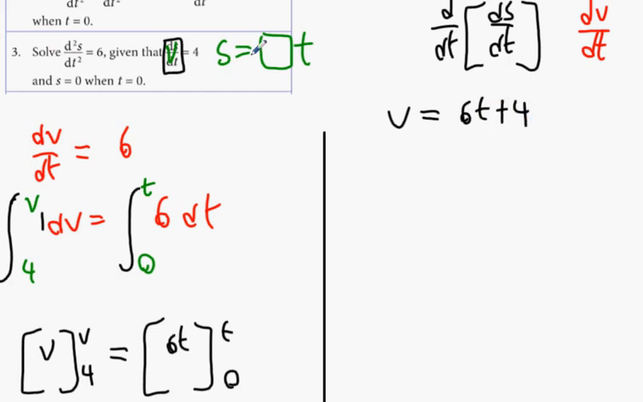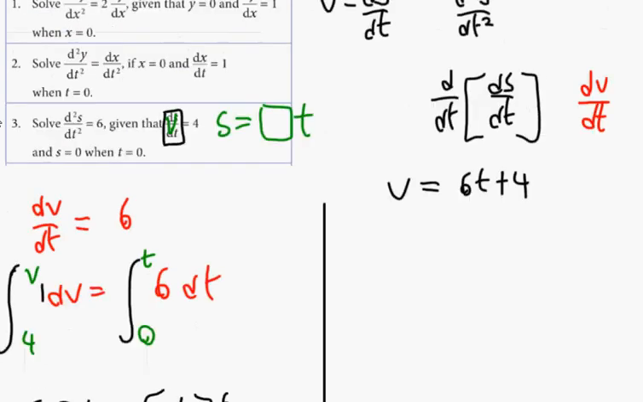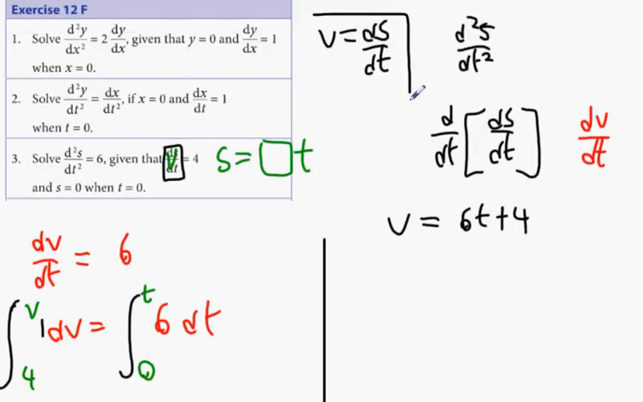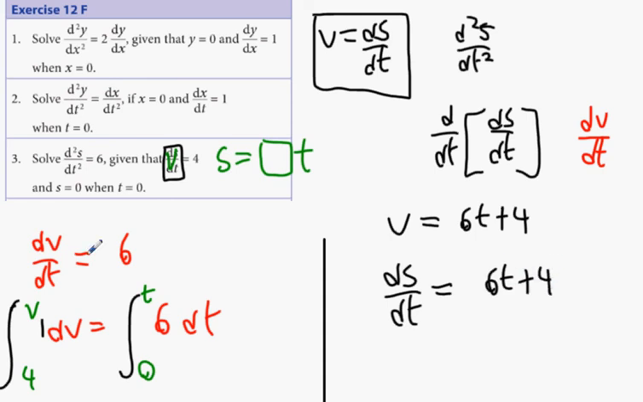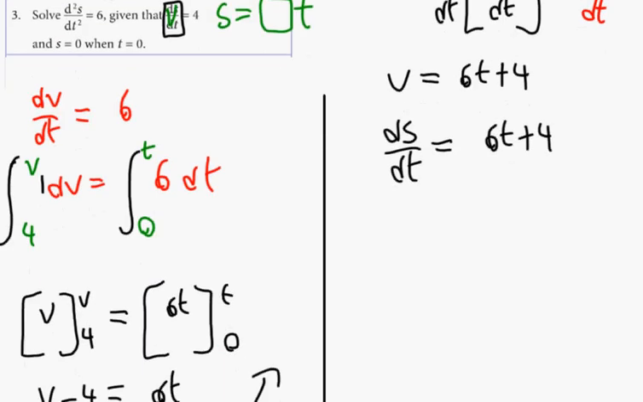It's not the answer we're looking for. What's phi again? What did I say phi was? Phi is dS/dt. Now I have dS/dt equals 6t plus 4. What's the next step? ds equals 6t plus 4 dt. And after that,